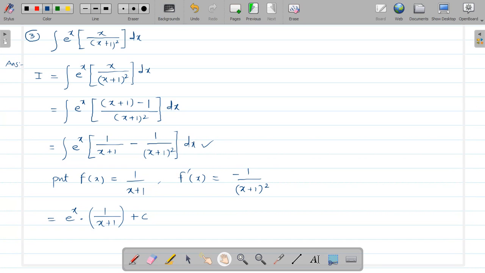Just we have solved previous two examples. In that, just you need to find out the f of x and f dash x, and in this question, in first step we have to express the numerator in terms of denominator, and by that we get the required form as per that rule,